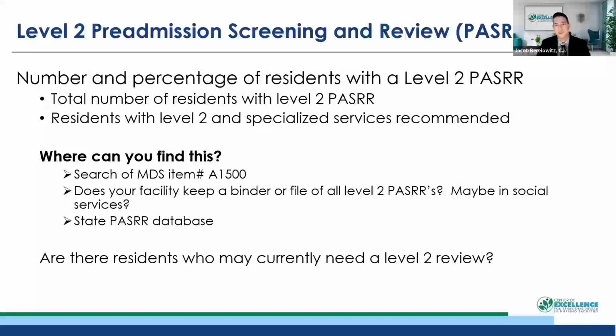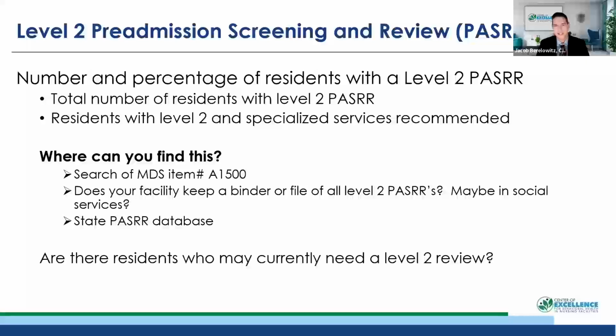And as you're going through this, also consider, as you see that list, which maybe you're seeing with a fresh set of eyes, right? You're pulling out this list of all the residents who meet those level 2 requirements. And you take a look at the list and you say, hey, such and such resident, I'm pretty sure that resident meets the criteria, has a serious mental illness.